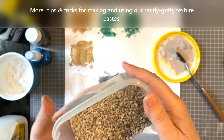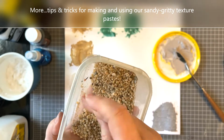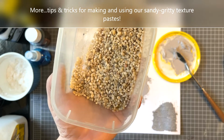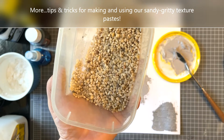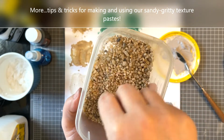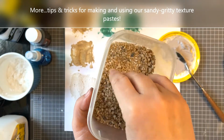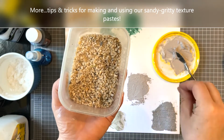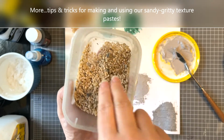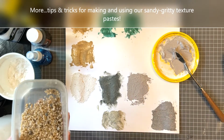So if you wanted really finer lumps and bumps, you could sieve it out. If you get different size sieves with the mesh, you can get the finer ones and sieve it out, which lots of mixed media artists do, and certainly those that create scenery for train sets and Warhammer games do. They'll sieve it out, and they'll have different sizes and grades of rocks that they can use on their scenery. But you can also use it on your mixed media pages if you want to get